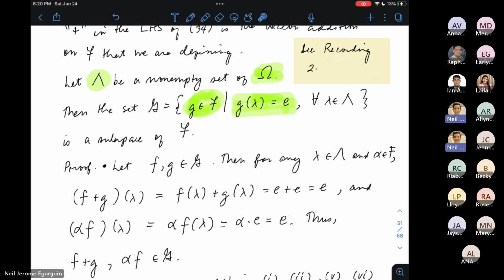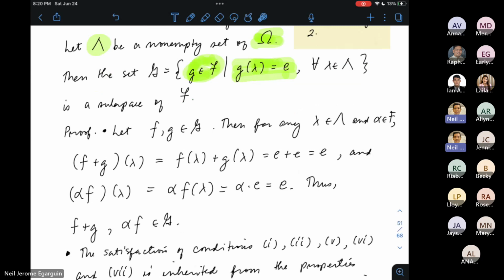Right? Now, as I've mentioned before, you check the other properties ng pagiging vector space, we need to check first closure. Alright? So, dalawang closure yung i-check natin. Closure under addition and closure under scalar multiplication. So, to prove them, I'll get two elements of G. Kukuha ko ng dalawang elements ni G. Tapos, i-consider ko yung f plus g at saka yung alpha times f. Gusto kong ipakita na lagi silang na kay G pa rin.